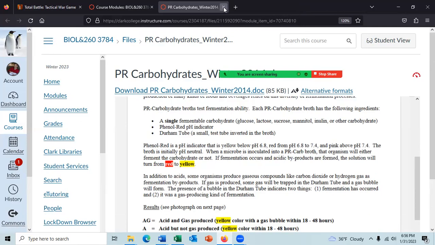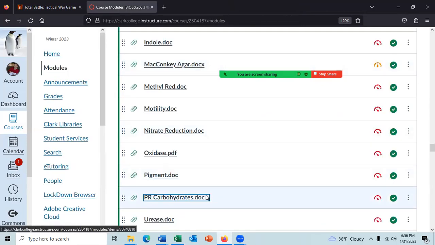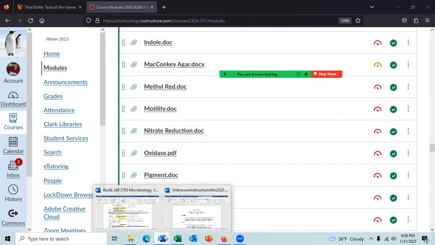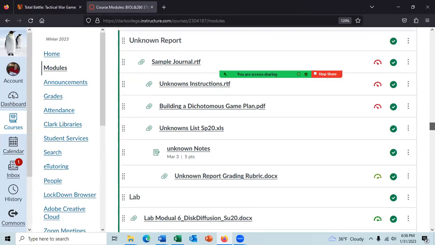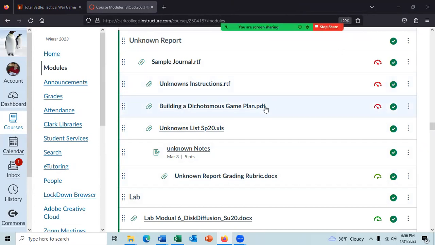All right, I think I'm done there. Let's go back to the directions. Anyways, you will need to look at all of these pages before you write up your unknown report. And while you're doing the project, you should probably look at the unknown instructions and the unknown species list. Obviously, you use the unknown notes page while you're doing it.